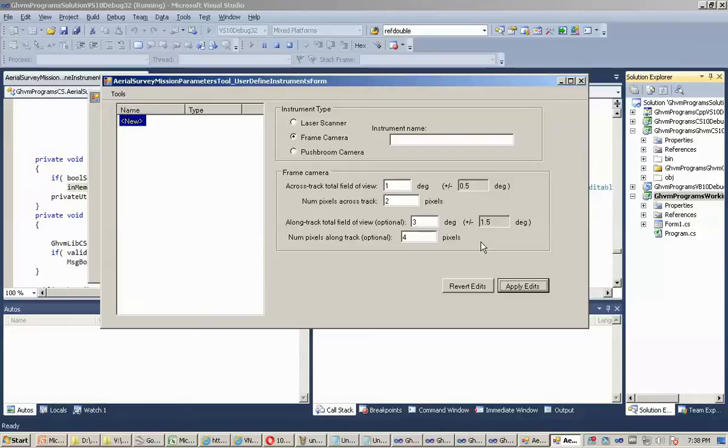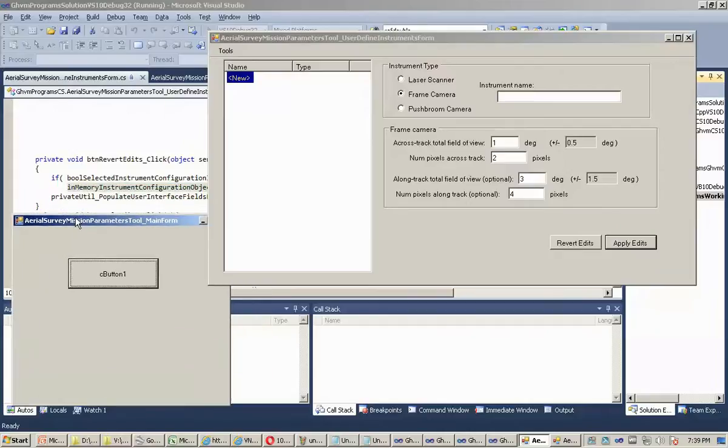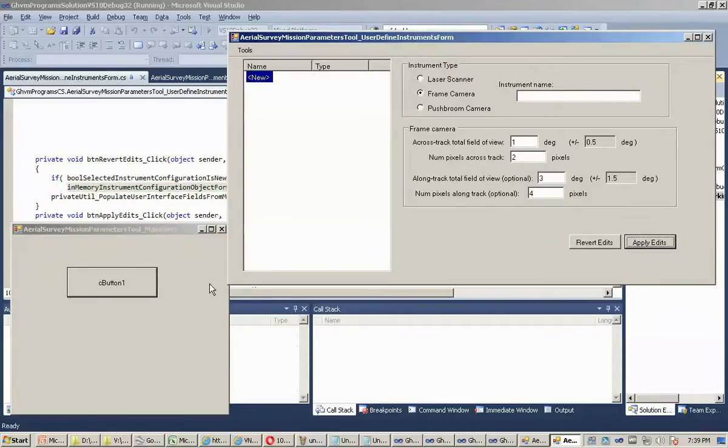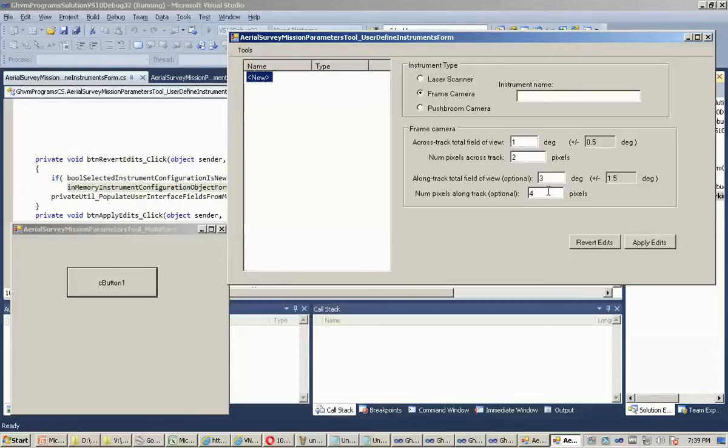And you know, the infrastructure will be revised as we need to revise it, because at some point when the user adds something here, the parent form probably needs to take notice of it, such as repopulating the combo boxes where the user's going to be able to select from the defined instruments. But just to get started, make a little progress here, let's go ahead and say